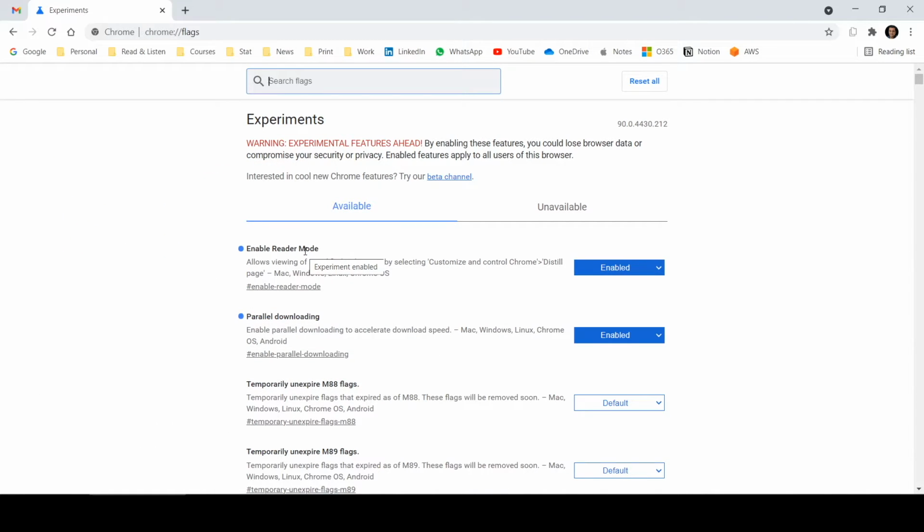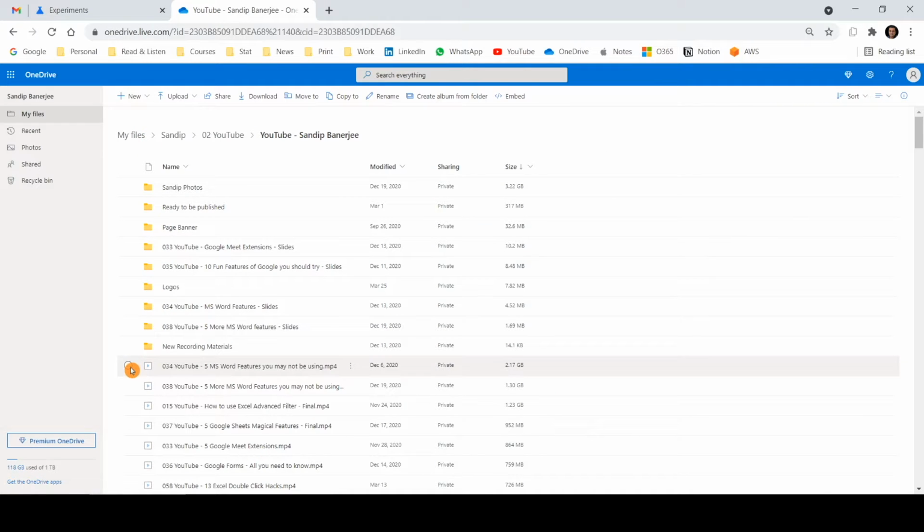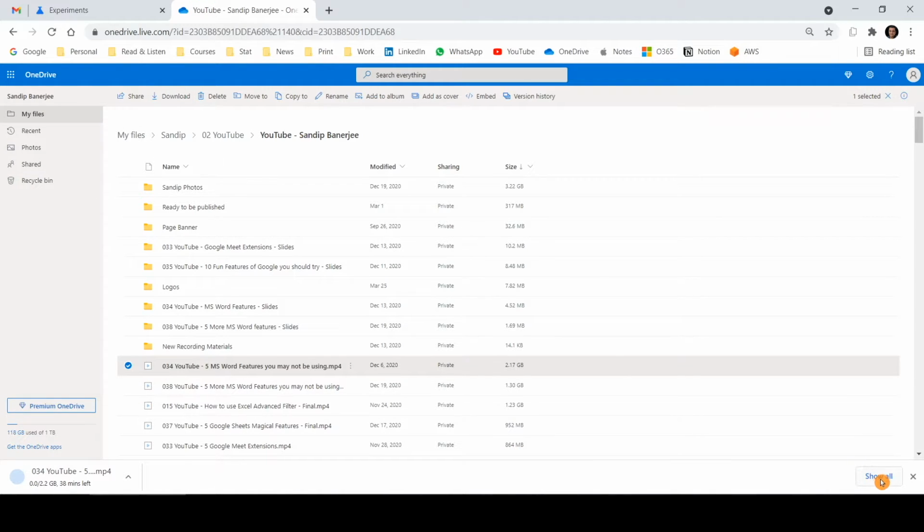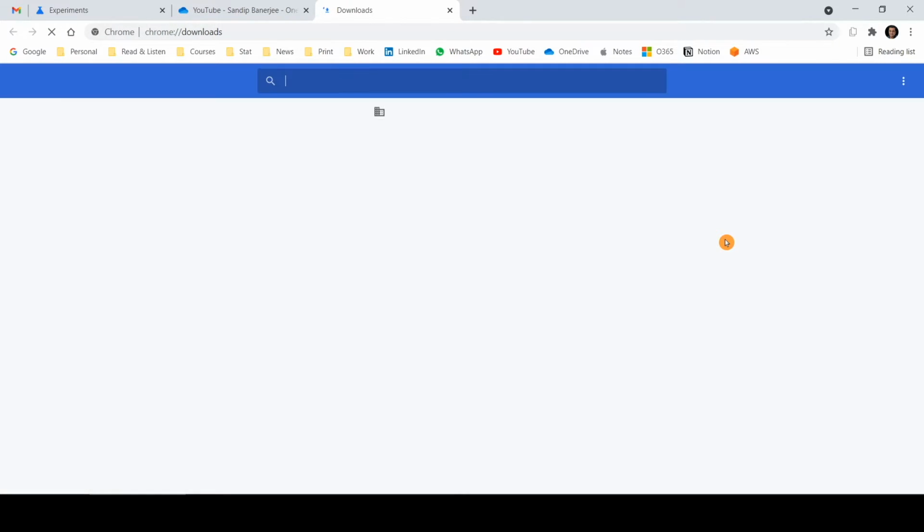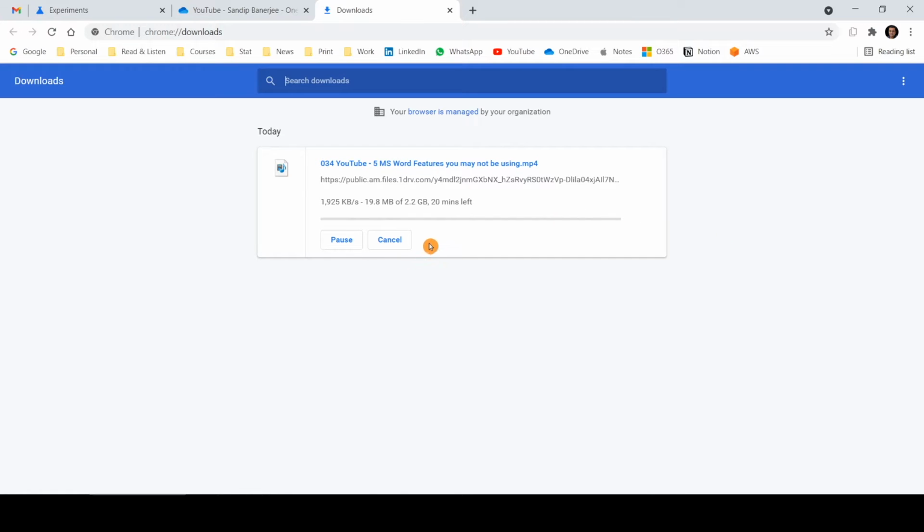Now let me open another tab and try to download a bigger size file. Let's see how it works. Here I have one tab open where I have some files. If I select one file which is 2.17 GB and try to download, let me click on that. Now the download will start, and after that if I click on show all, it will show me the current downloads. Now you can see the speed of the download. It's varying within a 2 to 4 Mbps range, and it's being downloaded.